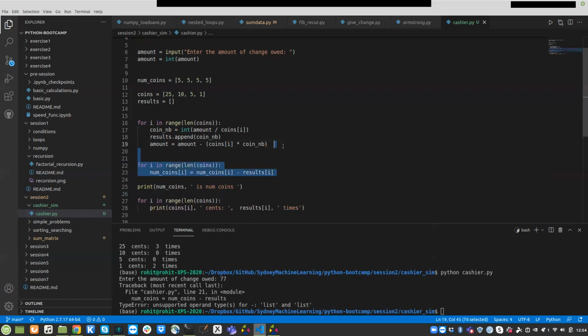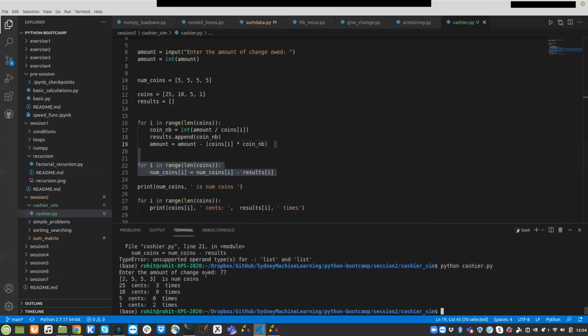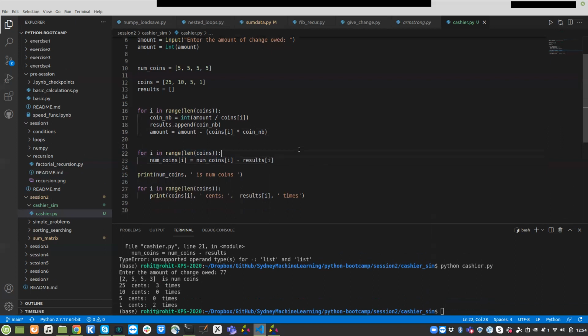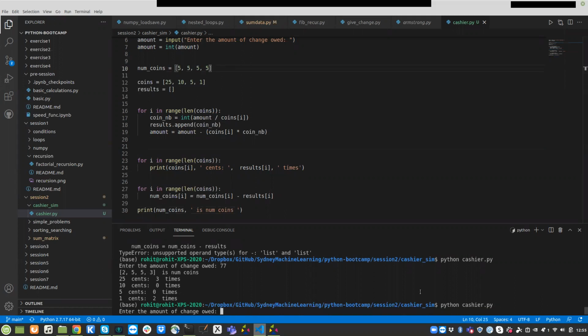Because you couldn't subtract those two lists, I'm just subtracting it. So now at least our program is working. After it gave those points, it's better to do this operation after we print out. Then we updated our coins, the number of coins stack, and the number of coins stack that we updated is